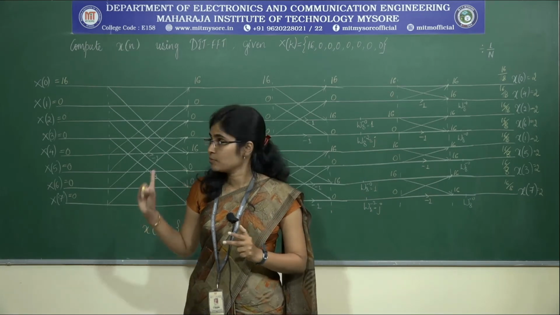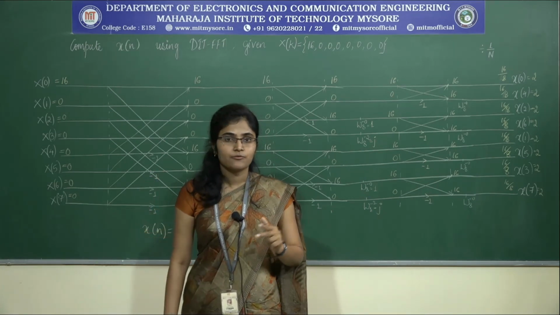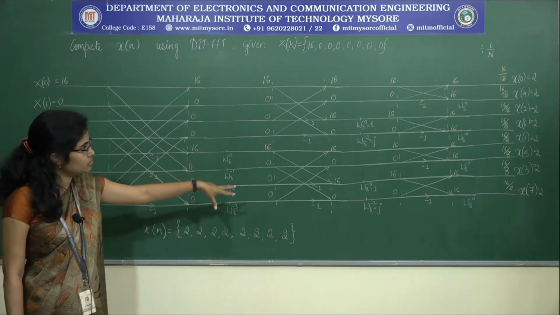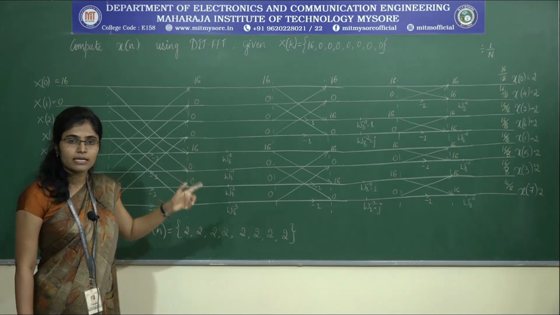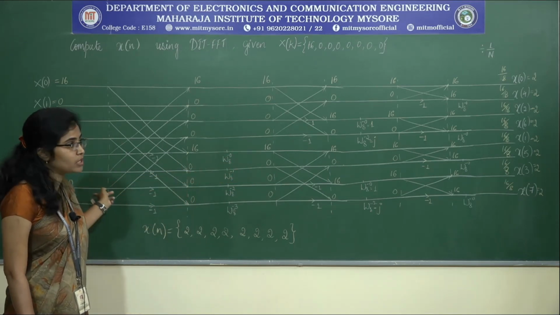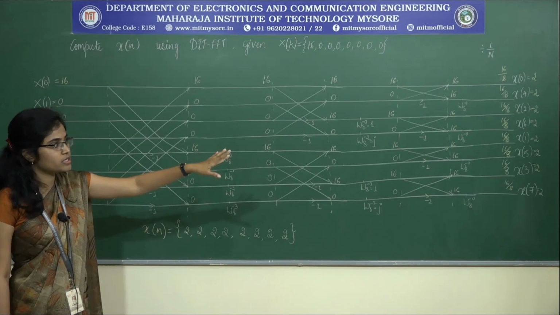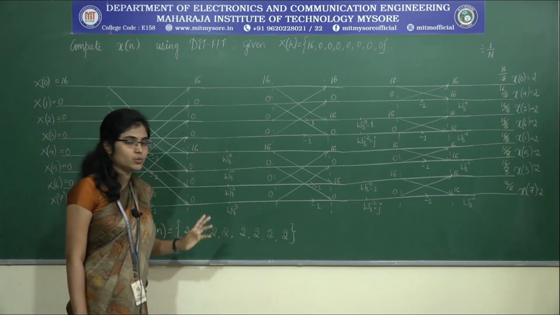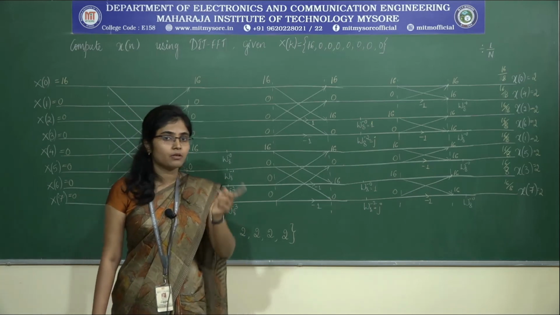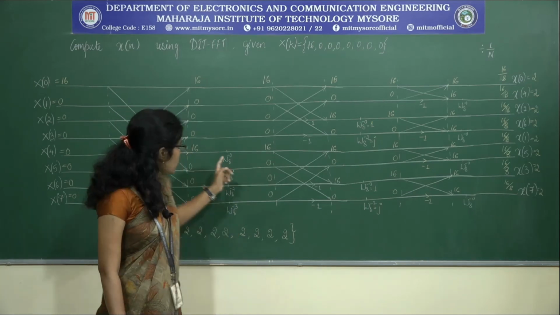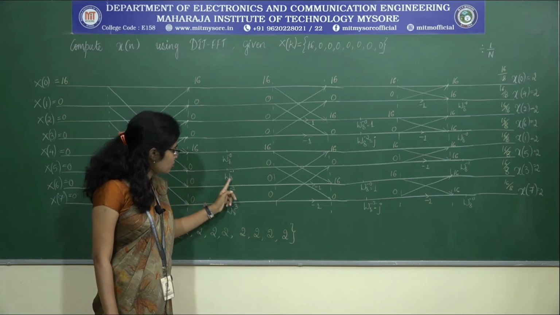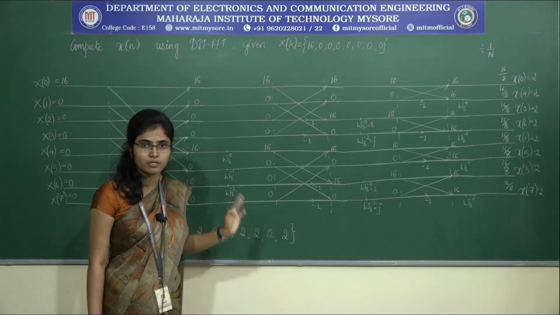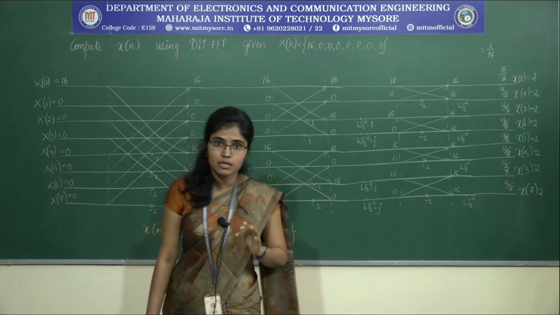Whereas, if I come to IDFT, first we get the 8 butterfly structure, then 4, then 2. The second difference is, the input is in normal order but the output is in bit reversed order. The third thing is, the twiddle factor terms which we use will have negative powers, that is omega n to the power of minus 0, omega n to the power of minus 1, omega n to the power of minus 2, omega n to the power of minus 3. Keep these three differences in mind.